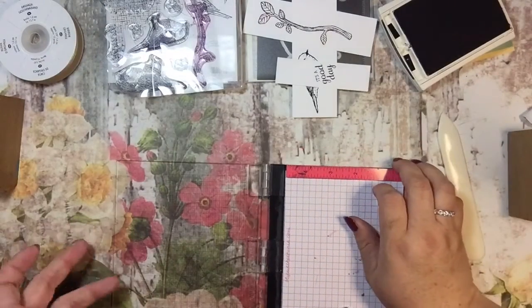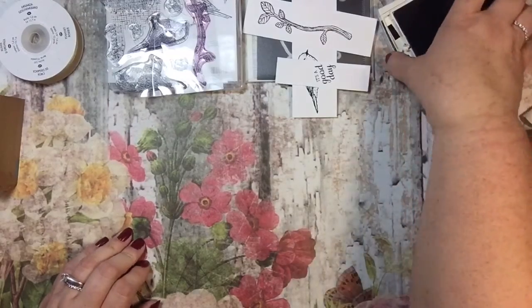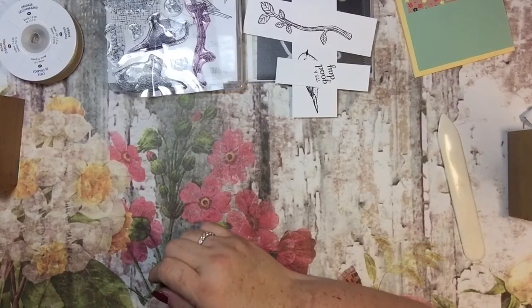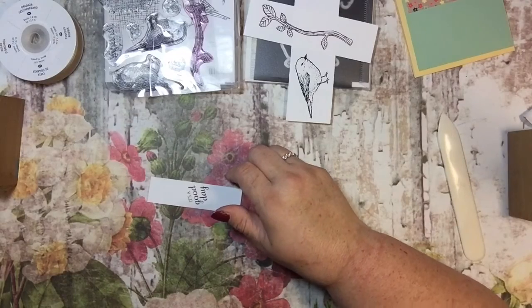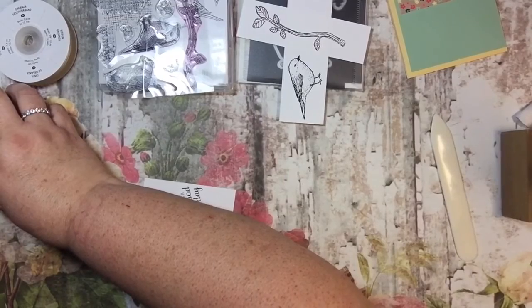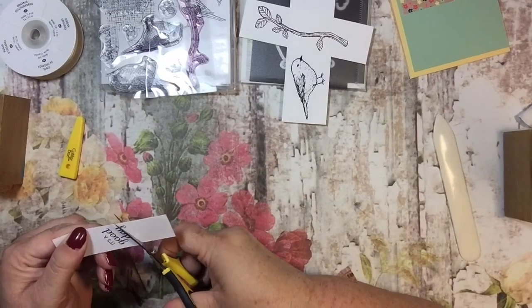I love coming home and being able to stamp. It's so nice. I don't have children to run around anymore, and I mean, that was fun too, but I'm in the season of my life now that I can actually come home and do something I want to do sometimes. I mean, I still have cleaning and cooking and stuff to do, but lots of times it's just my husband and I, and it's not such a big deal if I don't get dinner on the table at a specific time, and neither one of us has specific things we have to do or places we have to be, so that I have to hurry up and get done so I can do the next thing. It's just kind of nice. I mean, sometimes we'll just have